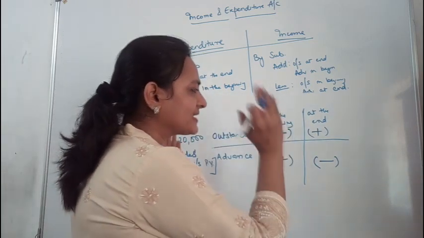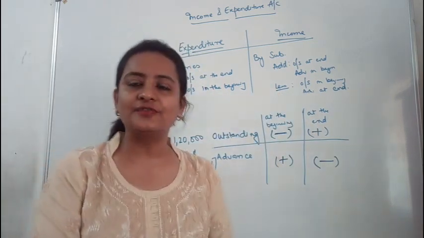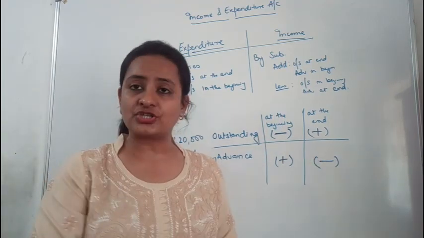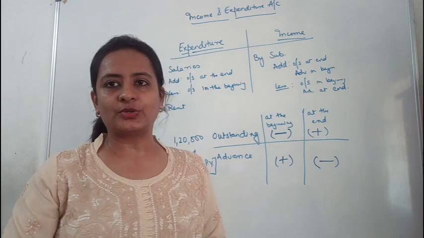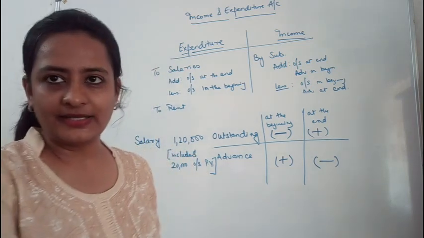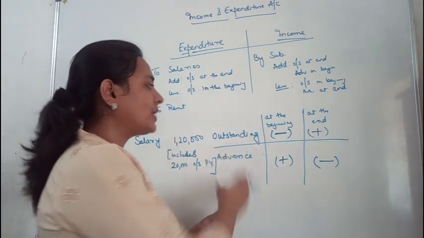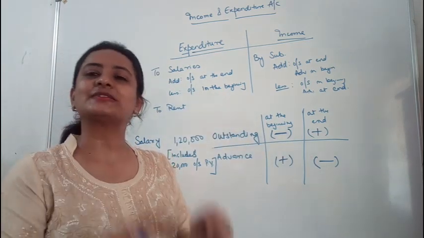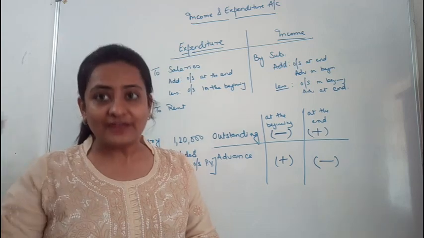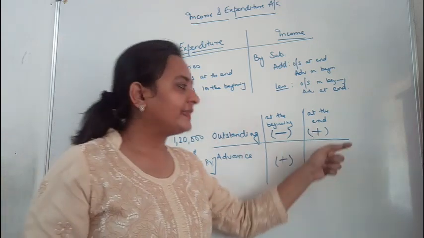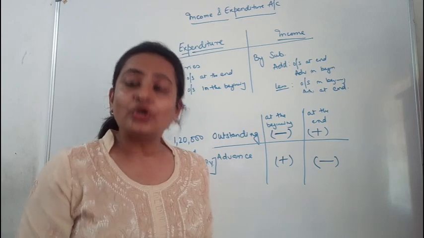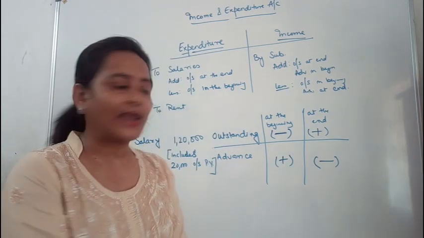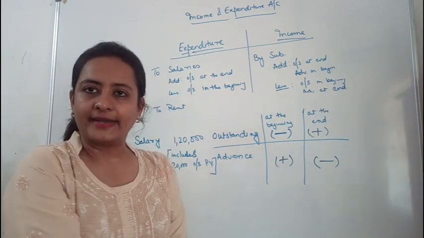So, this is an extremely simple concept. Anything which is related to the services of this year should be coming in income and expenditure account. Anything which is not related to the service of this year does not come in the income and expenditure account. So, outstanding at the beginning will be reduced because it is related to the services of the previous year. But outstanding at the end will be added, although you have not paid the person, but still the services have been provided, hence it should be added.